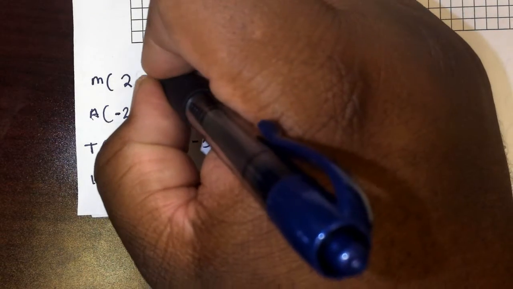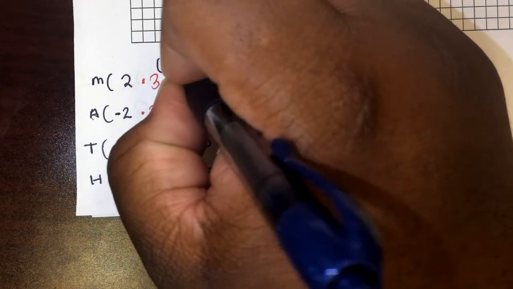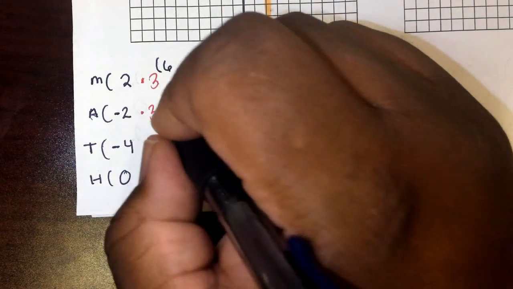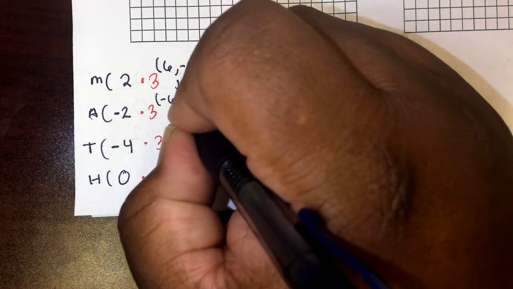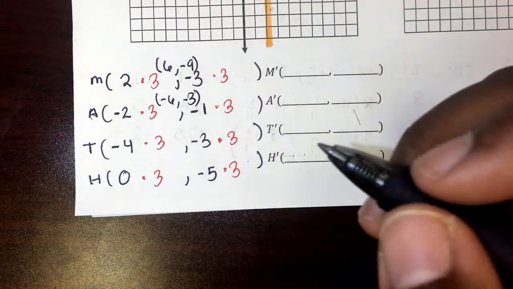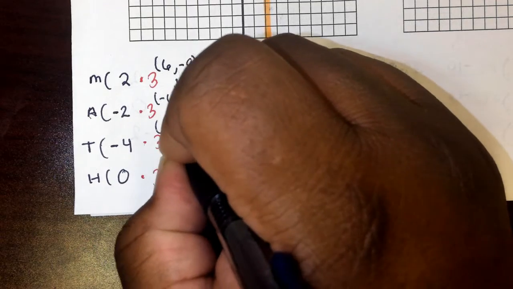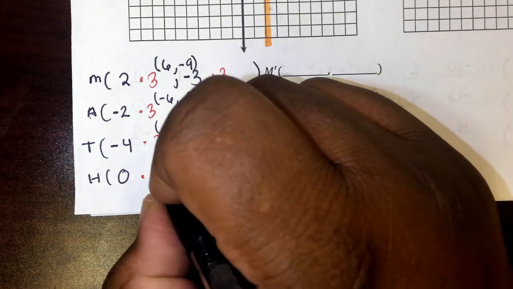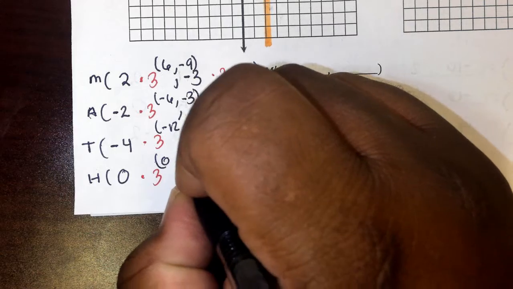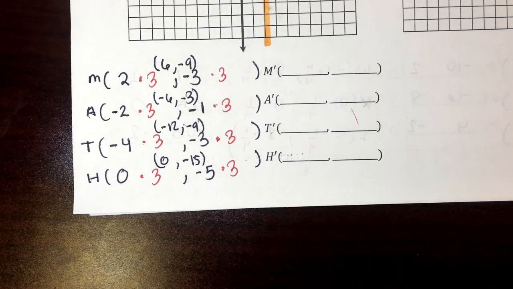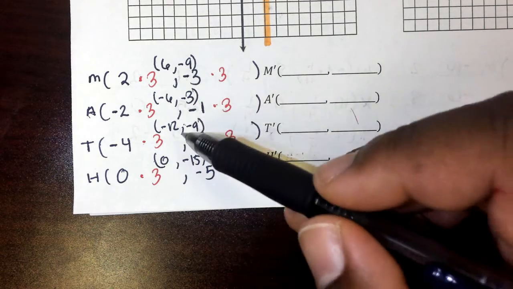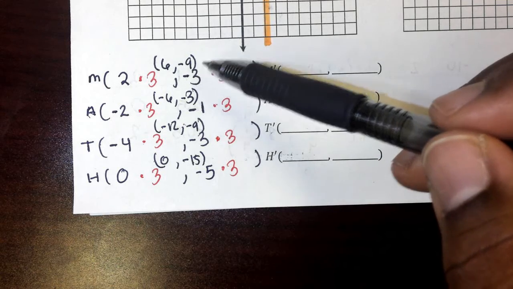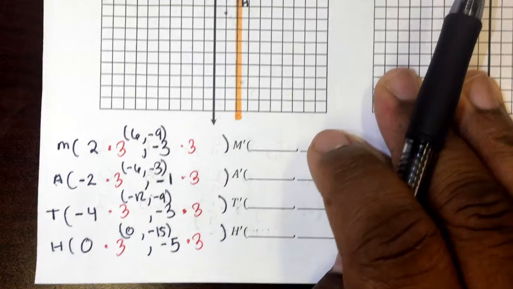So for the first one, it's going to be 6, -9. Second one, -6, -3. Y'all follow me? The next one is going to be -12, -9. And then the last one is going to be 0, -15. I don't want to put these over here because these are not the actual points. These are just the points from P. So I'm going to go back up, use these points, and go from P and put my new points on. So from P for M, I'm going to do